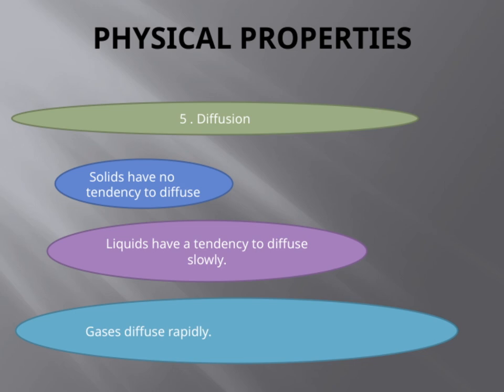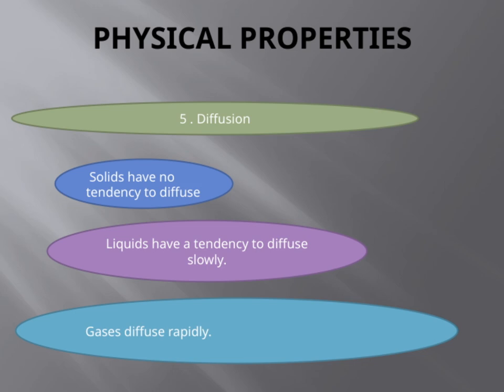Now, gases are a different story entirely. They diffuse rapidly. Because their particles are far apart and move freely, gases spread out and mix much more quickly than solids or liquids. This variation in diffusion rates is a key physical property that helps us understand how substances